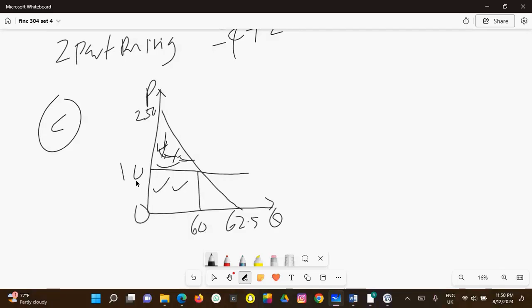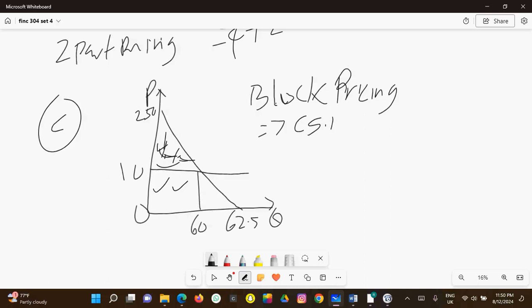So this time around, for block pricing, you are going to include all the two, right? It's going to be the area of this rectangle and the area of this triangle plus the area of this rectangle, right? So now what we are going to do is, for block pricing, it's equal to consumer surplus plus the cost, the total cost,